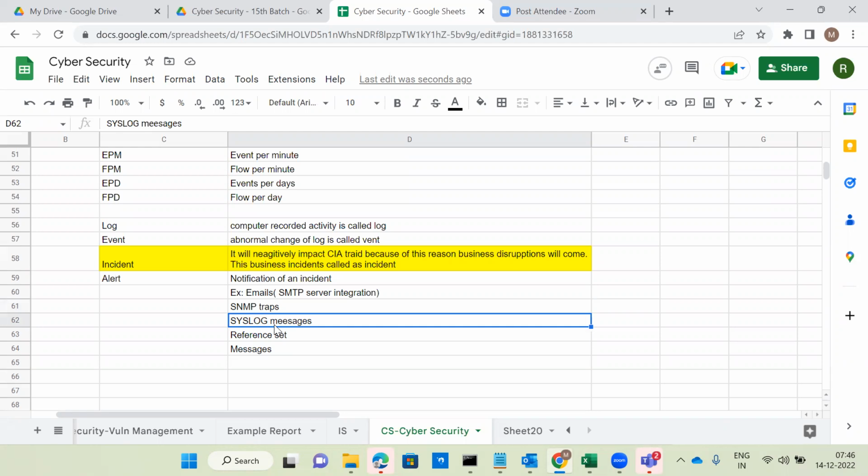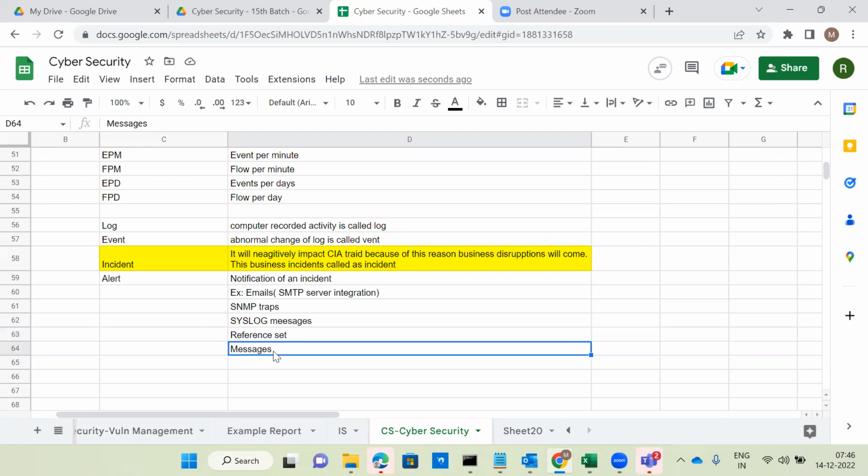A reference set: based on the IP address, MAC address or domain name, we configure it and receive alert notifications. And obviously mobile messages. Nowadays we receive mobile messages as well, because when you are offline and going outside, we receive the notification through mobile messages. These are a couple of options for receiving alert notifications.